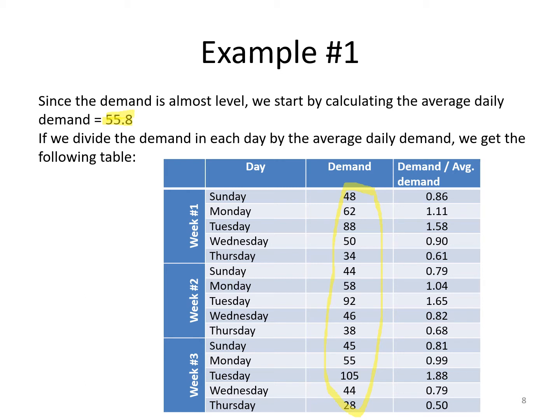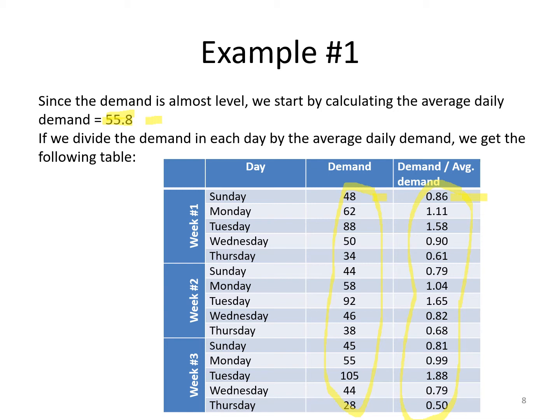Now, if we divide the demand in each day by the value of the average demand, we come up with some values in the last column of the table. These values are actually the seasonality factors that correspond to the data that we have. By looking at the data in the last column, you can see that, for instance, on Sunday, the demand divided by the average demand, which is a representation of the seasonality factor, is